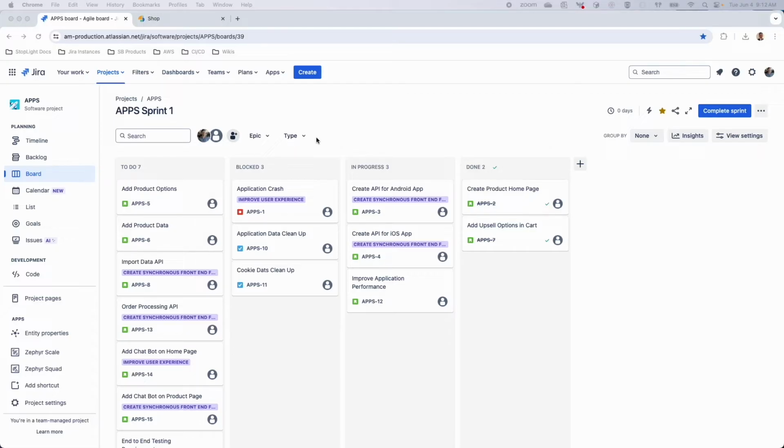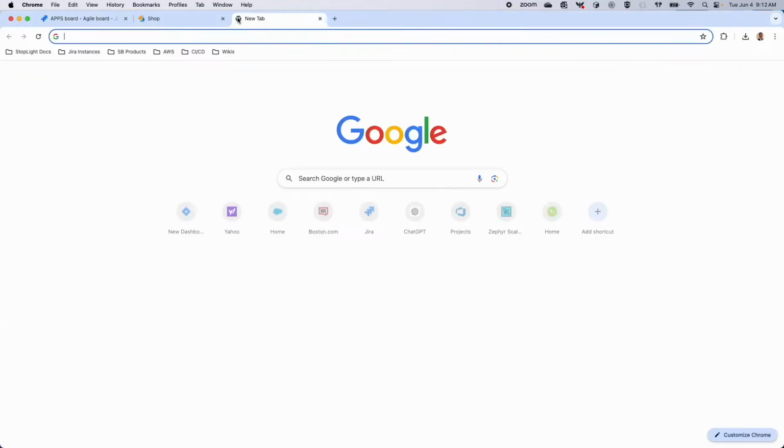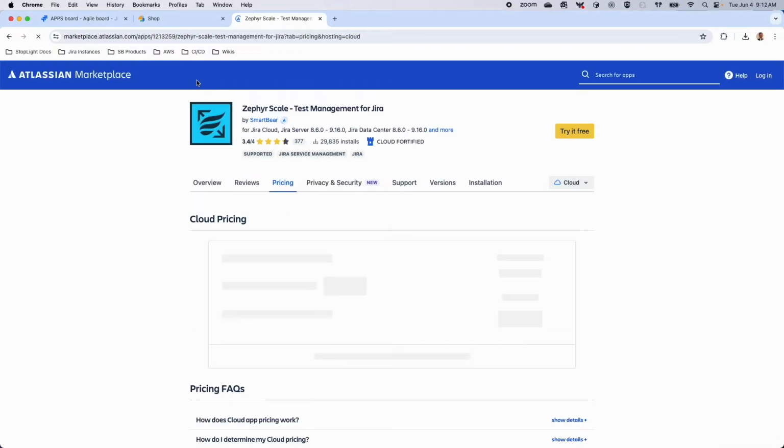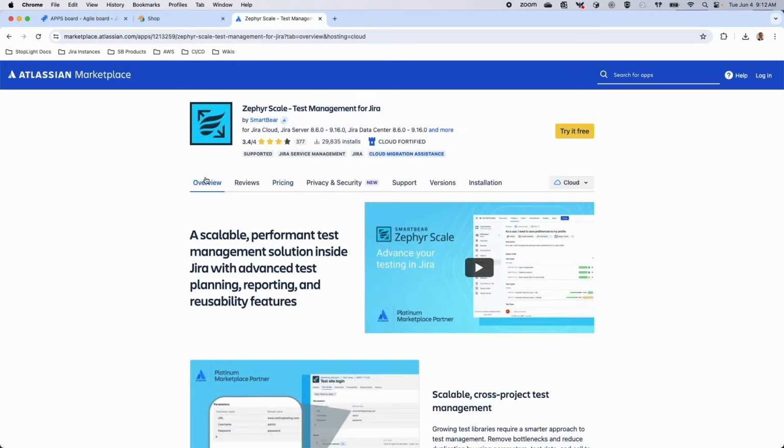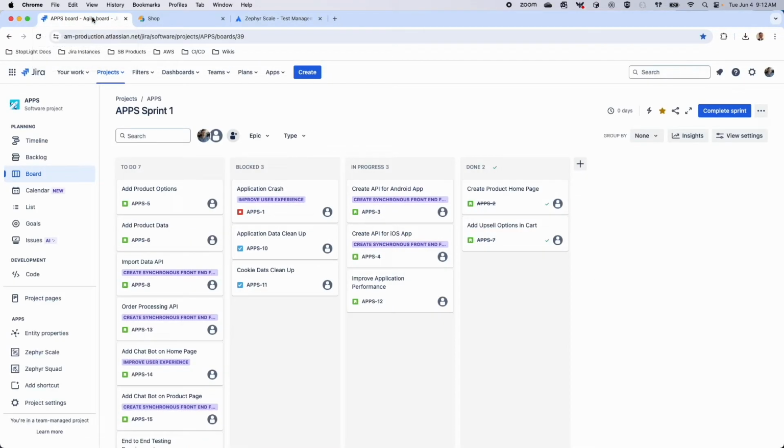Zephyr Scale is a plugin that sits directly inside of your Atlassian ecosystem. You can purchase it directly from the Atlassian Marketplace too. The Atlassian Marketplace will show you overall reviews, installations, privacy and security, as well as pricing directly from that Marketplace listing. If we jump back to our Zephyr Scale and Jira Cloud instance, we'll be greeted by the Zephyr Scale